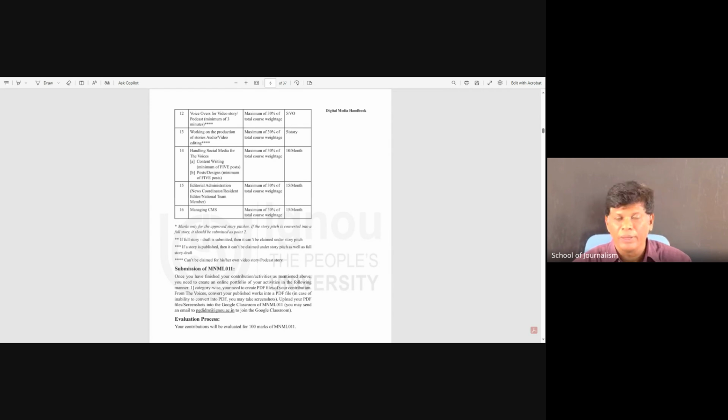You can also be part of the editorial team. For example, if you have experience in a newspaper, television channel or radio, particularly the news section, and you have a good level of experience, you can be a part of the team. You don't need to do any of the activities. Be part of the team and help the team run the newspaper. All your 100 marks will be compensated, so you don't do any activities.